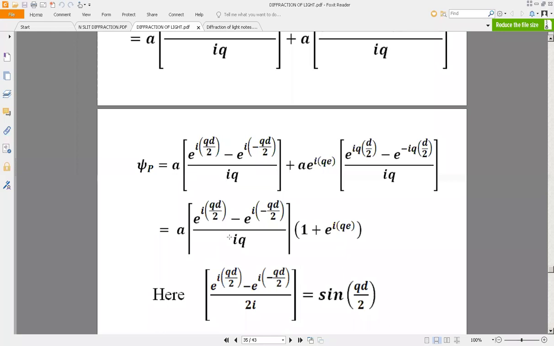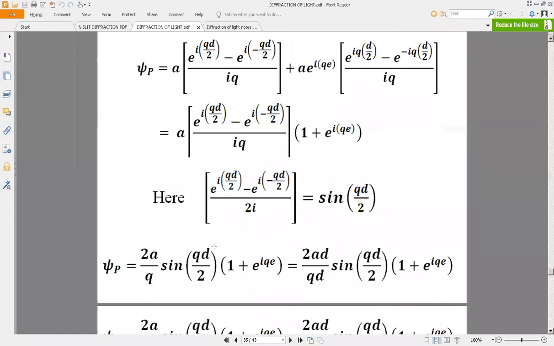So this term is something like a sin alpha by alpha. So our single slit term is once again back. Right? So this is the modified term. Earlier it was just a single slit term. Now we are having a multiplicative constant. Right? Okay. So let me proceed further. If you just take this 2 and 2 in the denominator and pull the q outside, what we are left with is 2a by q. This term will be sin qd by 2, right? So 2a by q sin qd by 2. Of course, in the next step, I am going to multiply d in both numerator and denominator.